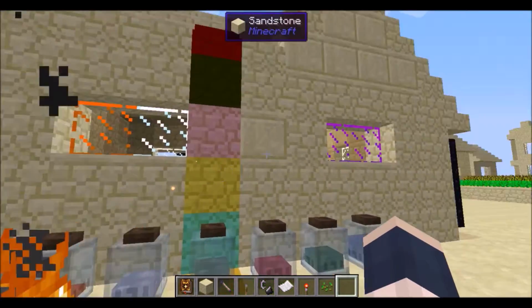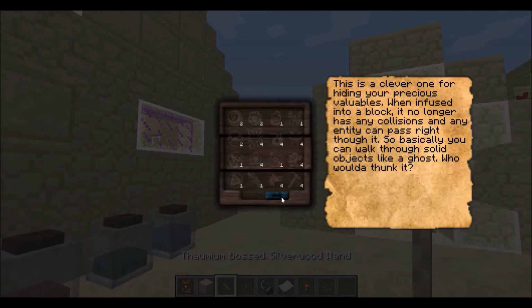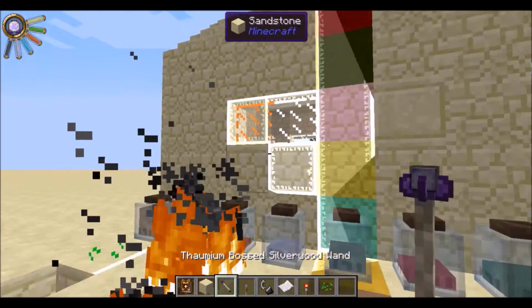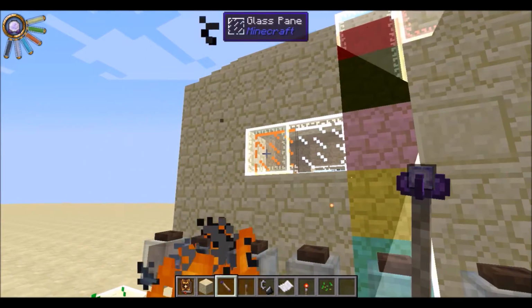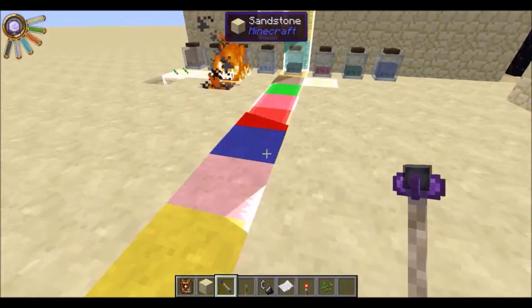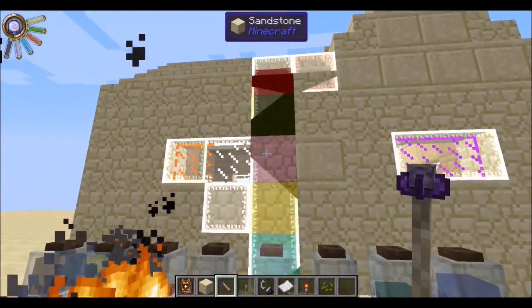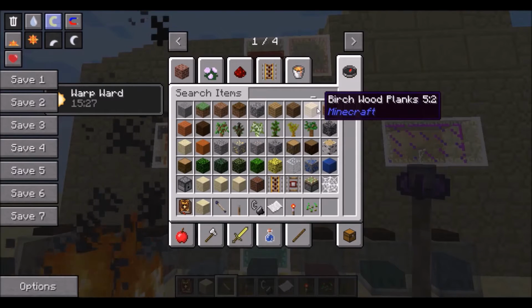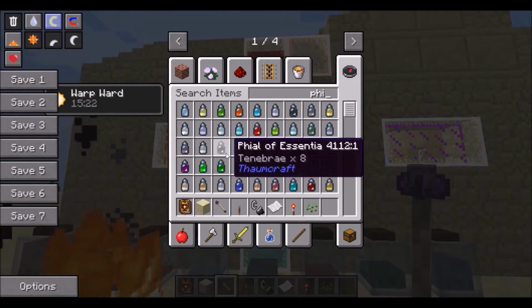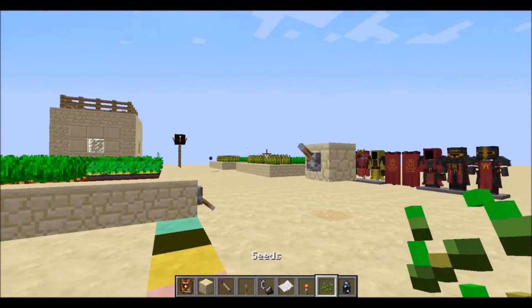This one has Fabrico. Now let's see what Fabrico does. Oh yeah, it allows you to add colors to blocks. All you have to do is grab a vial of aspect, and right click with that vial, and it'll give that color. So you can see that I've dyed this block with ignis, so it's orange. I've dyed all these different blocks with different aspects, so they are various different colors. Let me try it one more time. So let me just get the vial of the darkness one, Tenebrae, and if I just right click,